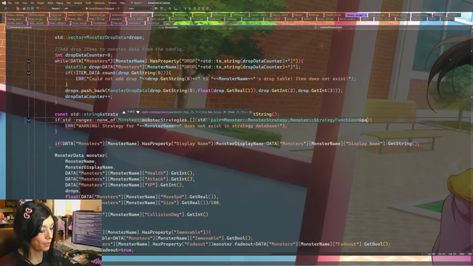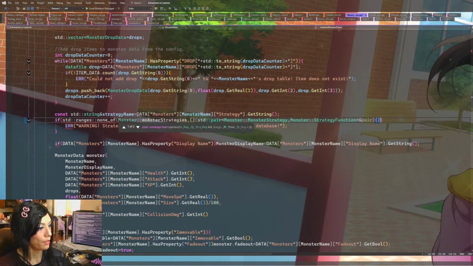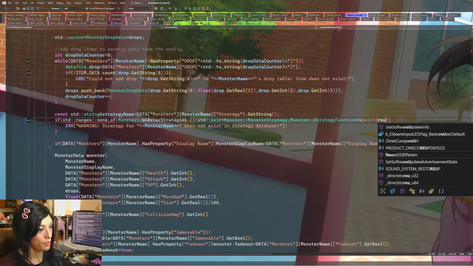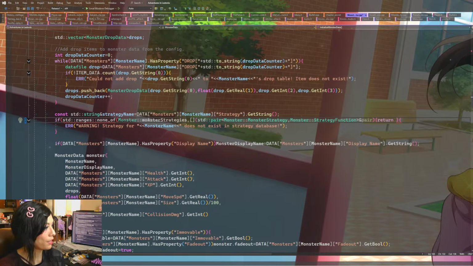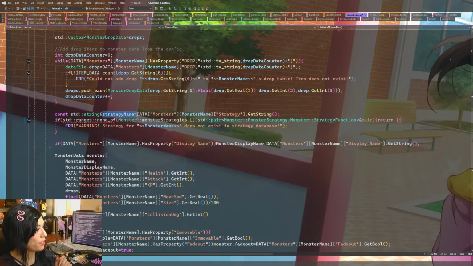Reference, pair, and we're looking up whether or not... so we're seeing if strategy name here is equal to the first value in the pair, because that's the string. And we have to pass in strategy name.